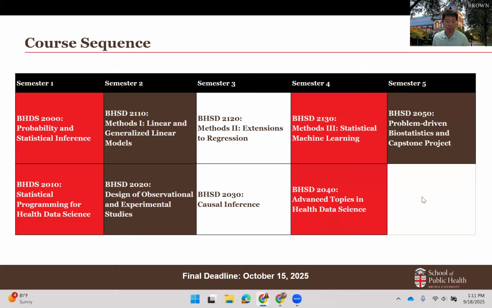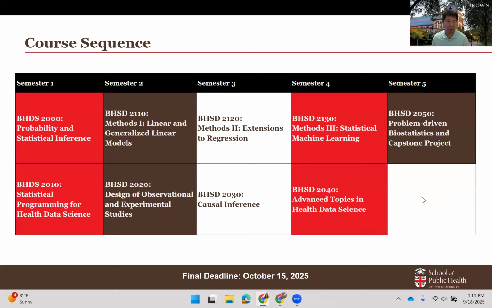The second course in the first semester is Statistical Programming for Health Data Science using R. Dr. Bauli Gonzalez is the instructor. This course will introduce statistical computing and data analysis methods using R and RStudio.